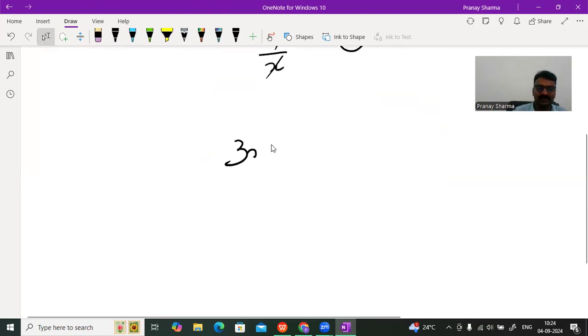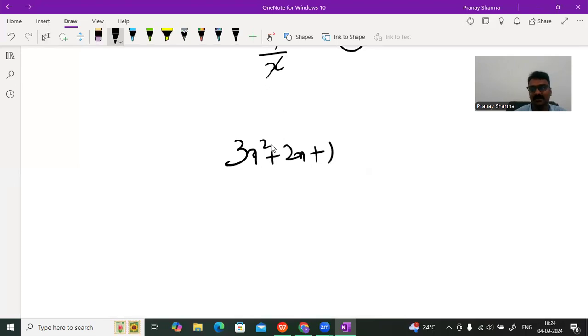Suppose we are given 3x square plus 2x plus 1, right? A quadratic polynomial. I'll tell you what polynomials are, but as of now, you can consider that yes, it is going to be a quadratic polynomial. That's it. Fine. And I'm representing this as p of x. If somebody is asking you to calculate the coefficient